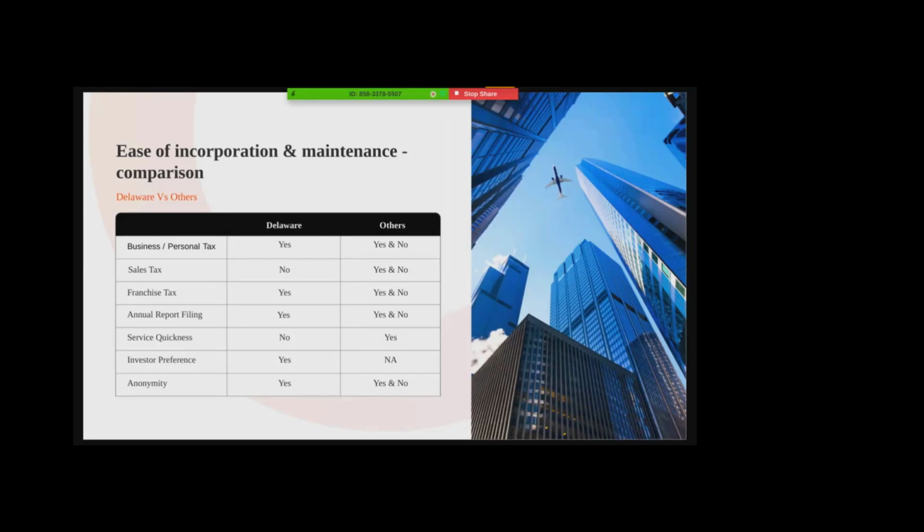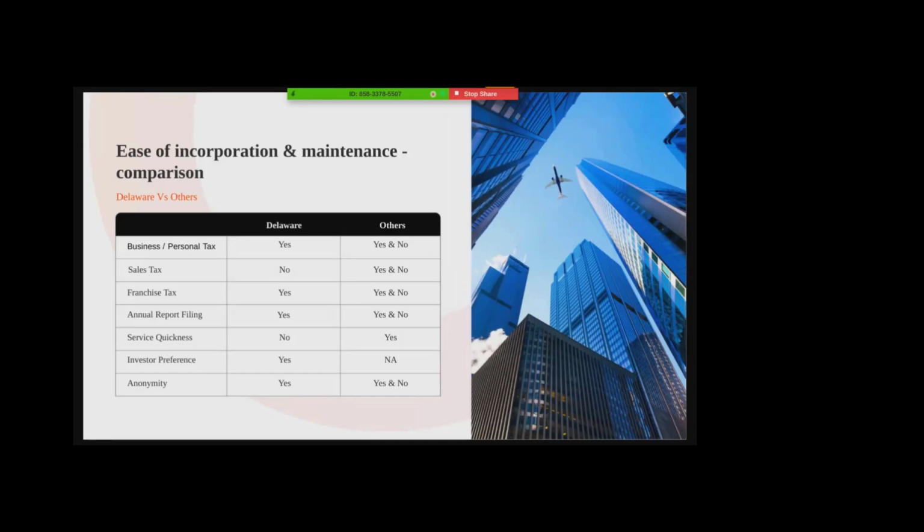There is one more requirement for every entity in every state to remain active for the next year: you have to file an annual report. This is basically a report informing the state of any changes or no changes in your existing members, shareholders, and business address. It is an opportunity for you to update it by paying the annual report filing fees. Texas is the only state where no annual report filing is required. All the other states in America need it.